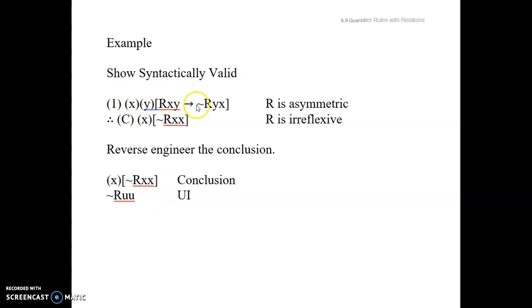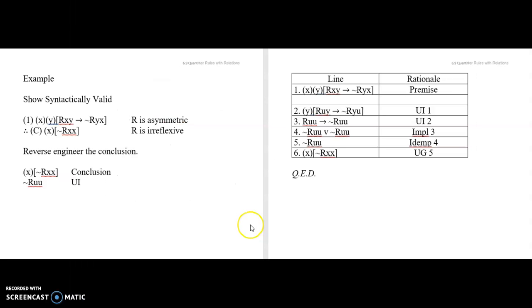You're going to go from this premise, and what you're going to try to do is get from this premise to this construction here, from which it is a very simple matter to get to the ultimate conclusion. Pause now and see if you can produce the syntactic deduction now. Okay, hopefully you're able to get this one, and there are different ways of doing it, but the clue that you need to instantiate to the same one is a big help,